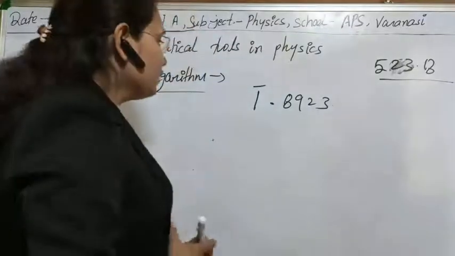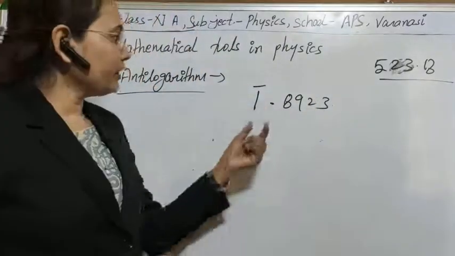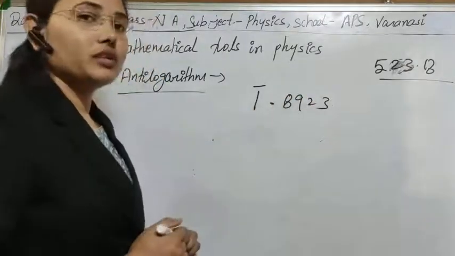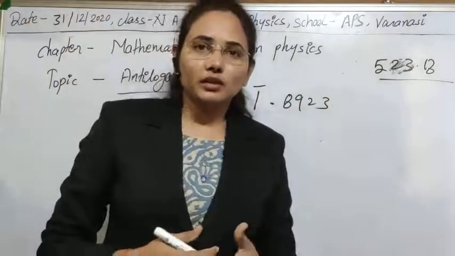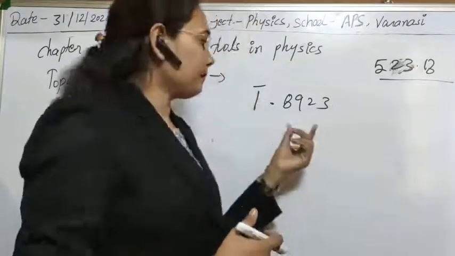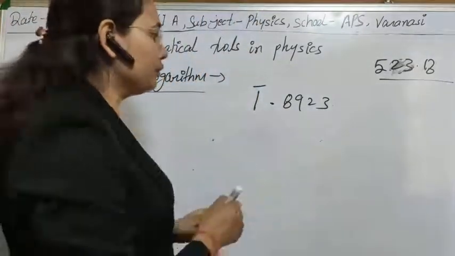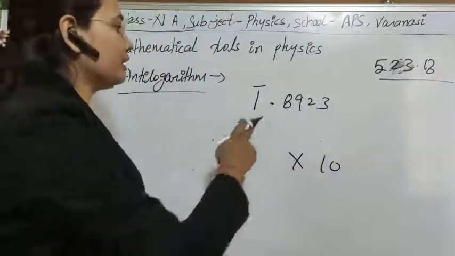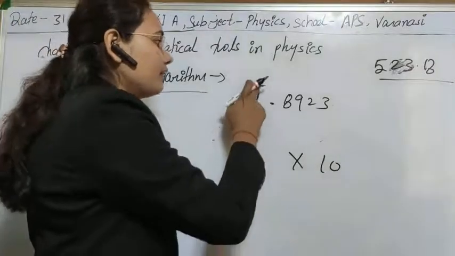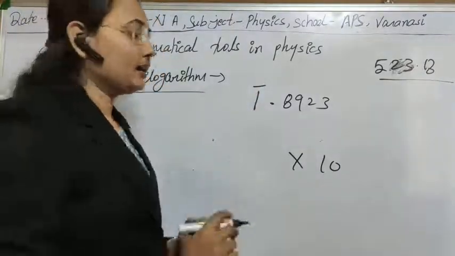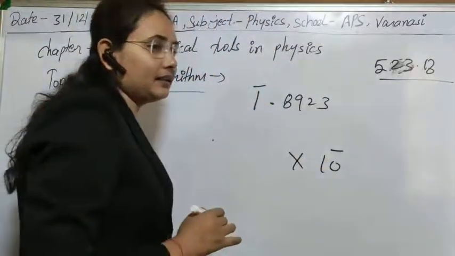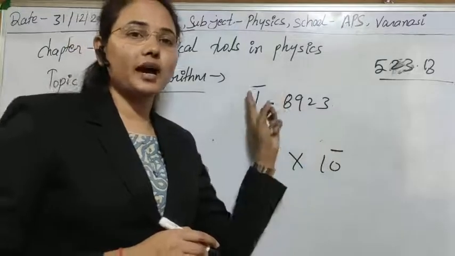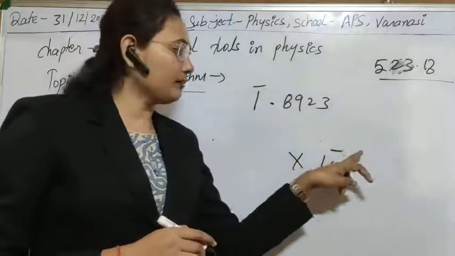Try to solve it. So this is the given, and we know that this is already the log of some quantity. We don't know which quantity we are talking about. So in this case, first of all, put 10 here. After putting 10, let's see the characteristic. 1 power bar is given. In that case, you have to put a minus sign for this bar. Whenever there is a bar in this equation, for the characteristic you have to put a minus sign.